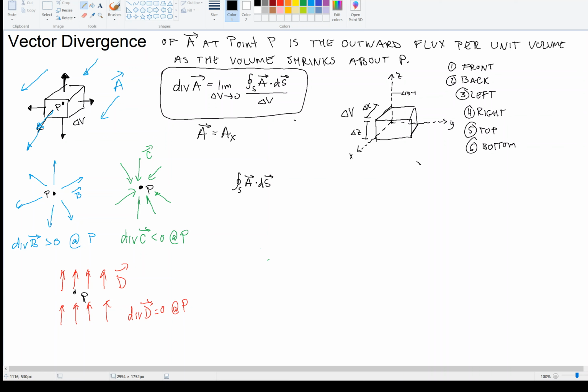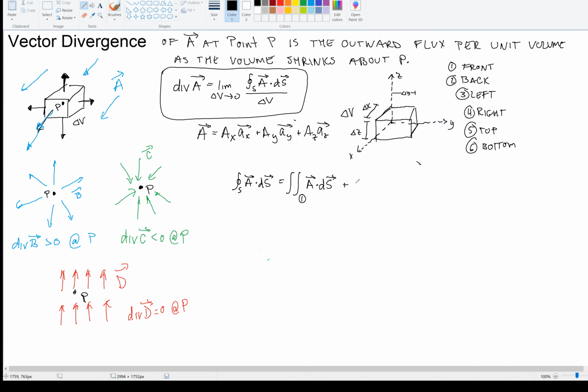So we're going to say our vector field has some component in the x direction, some component in the y direction, and some component in the z direction. Okay, those components are given by Ax, Ay, Az, uppercase. All right, so now if I want to calculate the flux, because each surface is two-dimensional, I need a double integral, and so I'm going to have to do a double integral around surface 1, A dot dS,